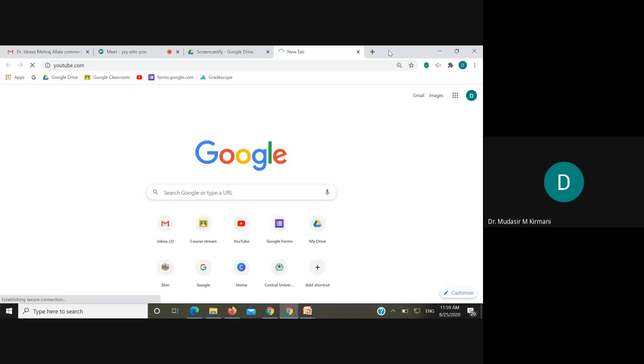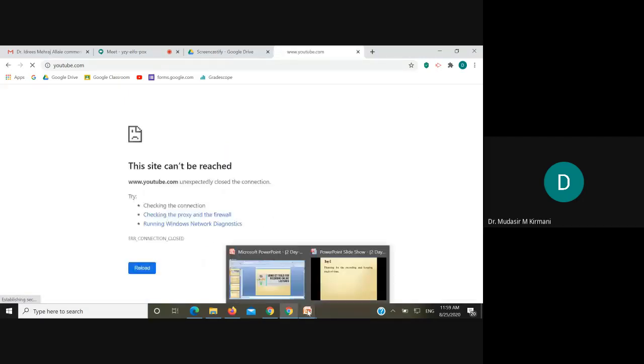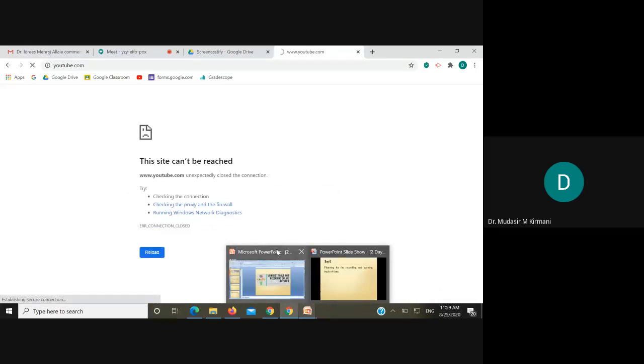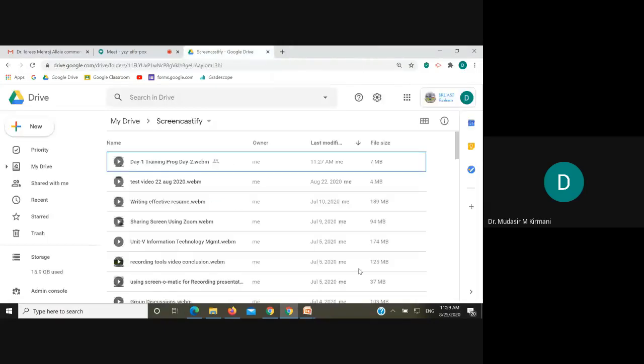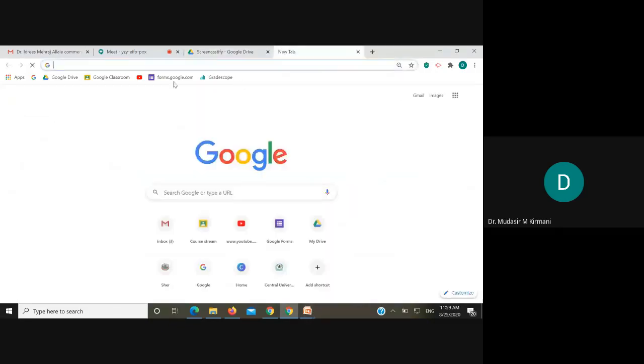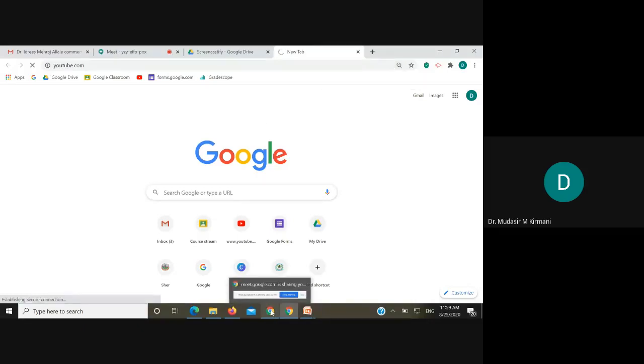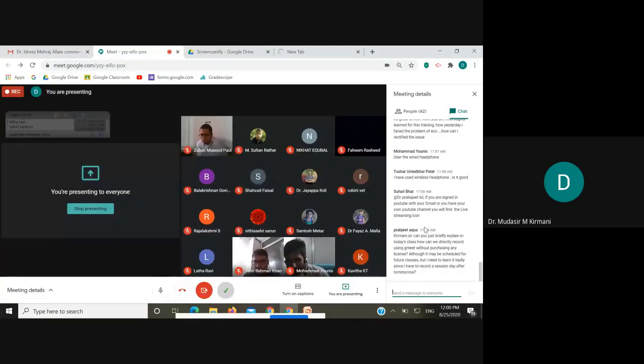I'm sorry to say that this internet connection, and you can see the speed of internet, though I am using a dedicated line, but still there is no response at all. Yes, I'll try again. Anyway, these things will be handled, and we will be very soon putting some material with respect to that. Right now there are some issues with internet connectivity, but I'll try to rectify those issues as well. For streaming, you will go to YouTube, and then there will be a live stream option. Once you go to live stream, you can go ahead and record your video and put it as a stream.